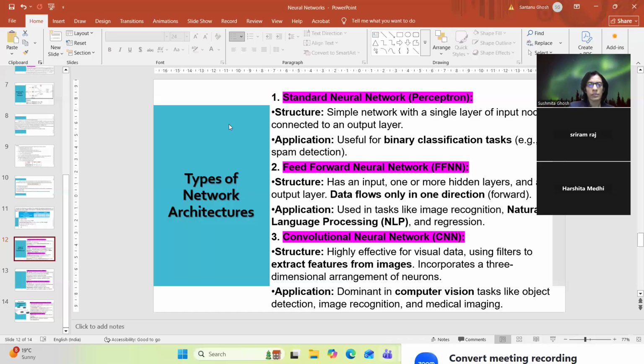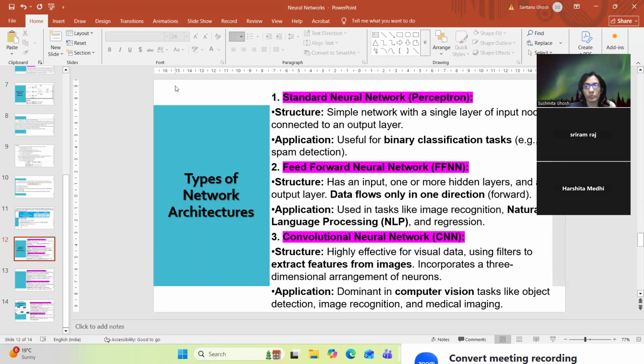So further on, where we left in the last portion, that was the types of neural networks. Let me just take up the terms once again. I did hurry in the last part. So these are my types. They can be used as, of course, a subjective question also. Otherwise, in the